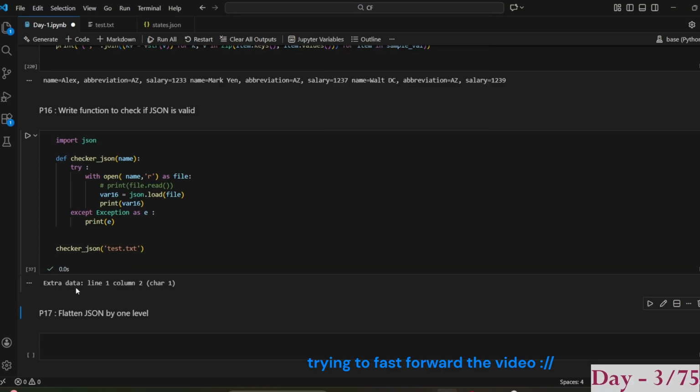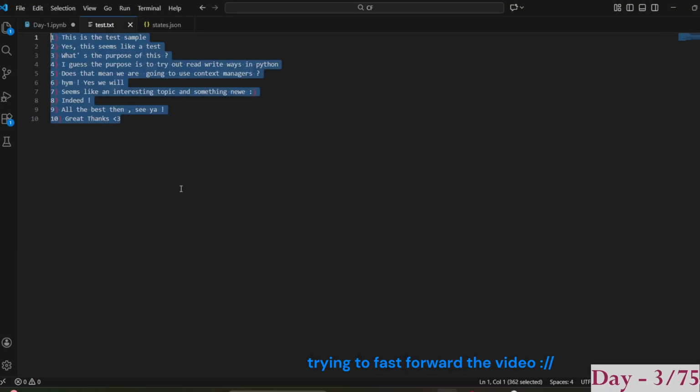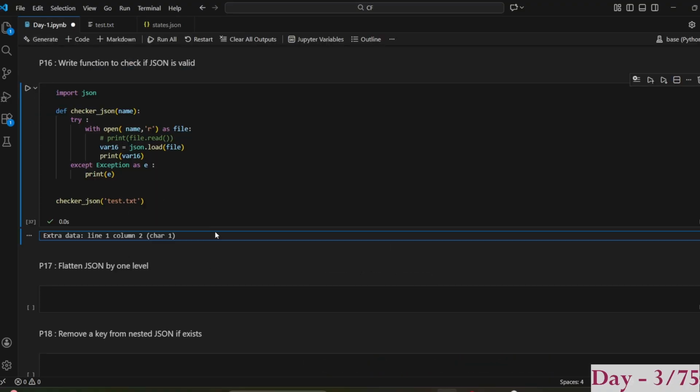Okay, so we're getting an error: extra data line 1, column 2. Which means it's not able to read this in JSON form. This is the error, the exception, we are getting. So if you're not able to get the data,